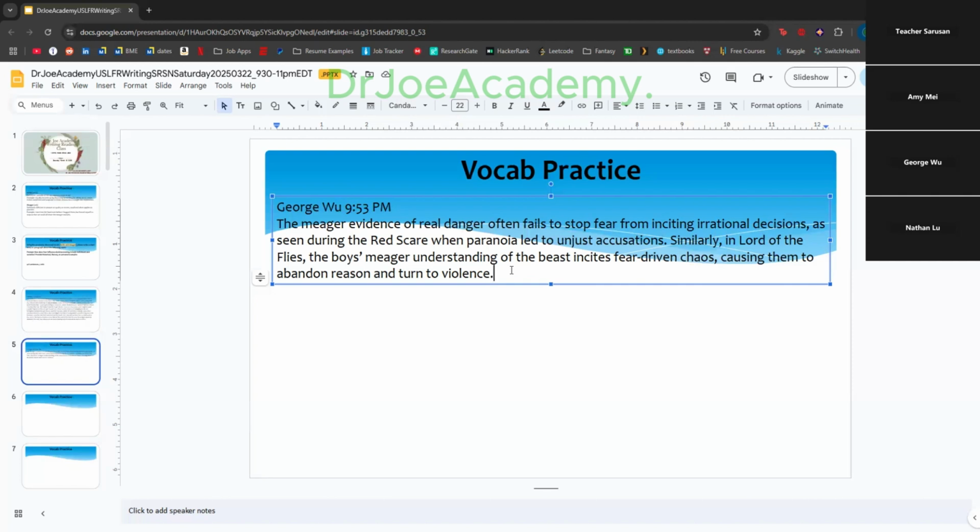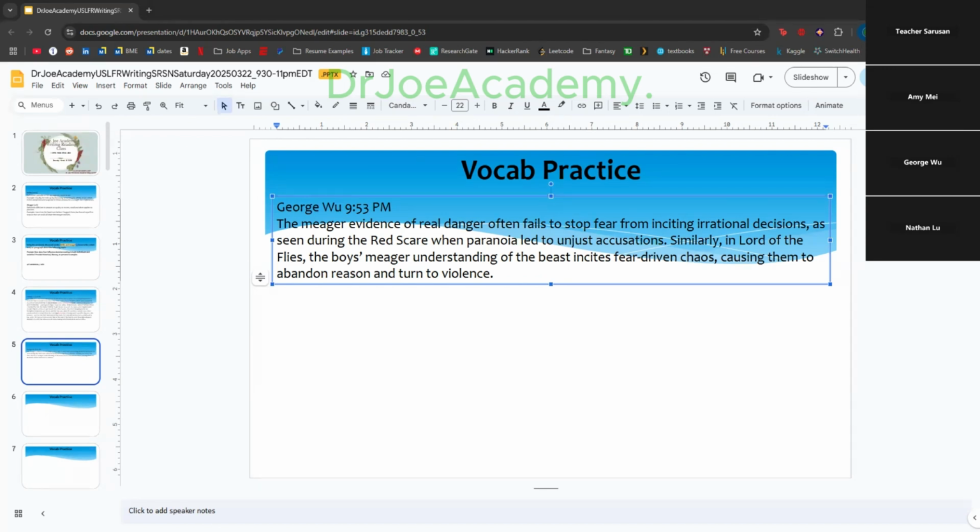All right, George. Very interesting answer right here. What is Red Scare? Red Scare is a time period when the Russia happened, like they kill all the people, don't really believe in nationalism like that. Yeah, all right. So it's like a war-related governmental type of